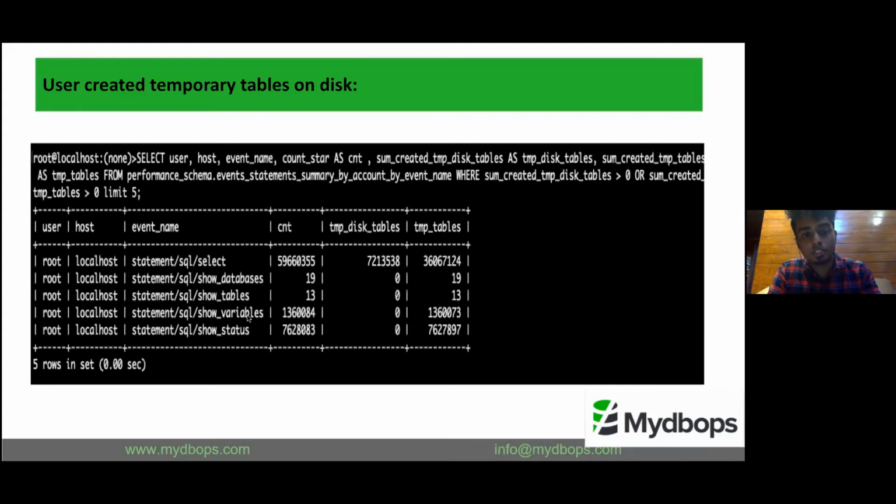And show tables, show create, show variables, and show status. When I tested this on a running MySQL server, these are the select queries, and these are the databases which cause the disk space to increase. And here you can see the statements. These are the instruments and the statements. As I said earlier, the statement consumers, etc. come under the use of temporary tables on disk.